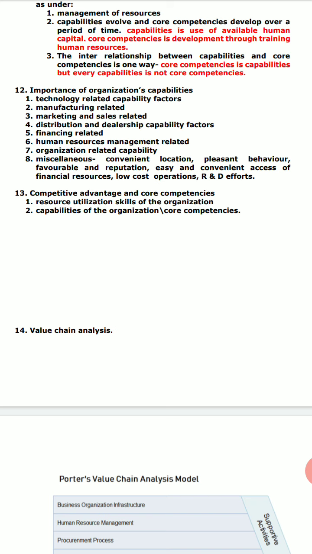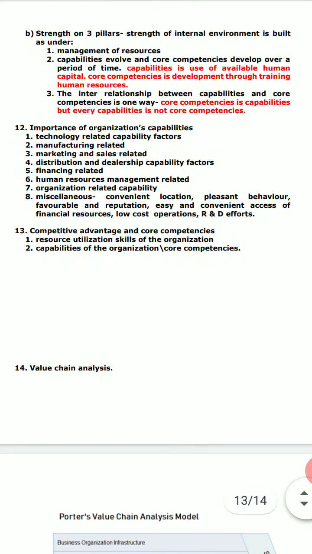It is valuable, it is unique, and it has to be non-imitable, meaning competitors should not imitate it. If they imitate, then it may be useless. Thus the tapping of the competitive advantage. So when you want to get the competitive advantage, you have to depend on unique competencies rather than